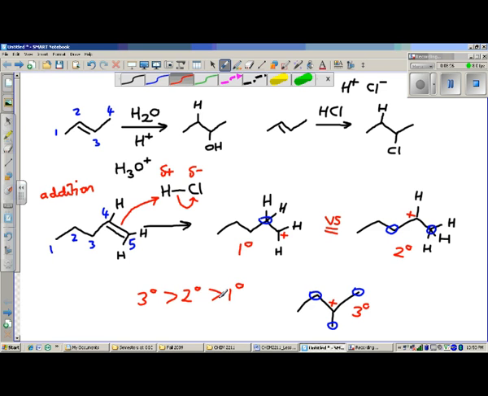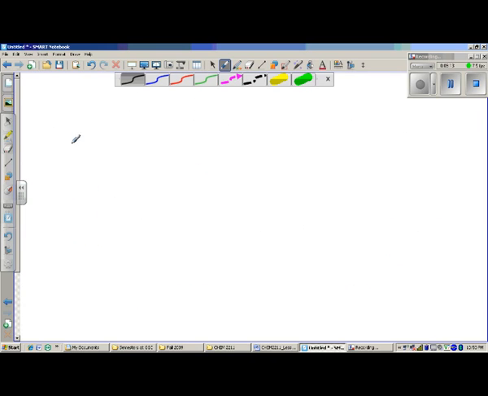So if we had to then predict some products of addition to alkenes, based on whether we can apply Markovnikov's rule, let's see if we can do that. Remember that we have to have unsymmetrical alkenes for us to even begin trying to apply Markovnikov's rule. Okay, if I had something like this,